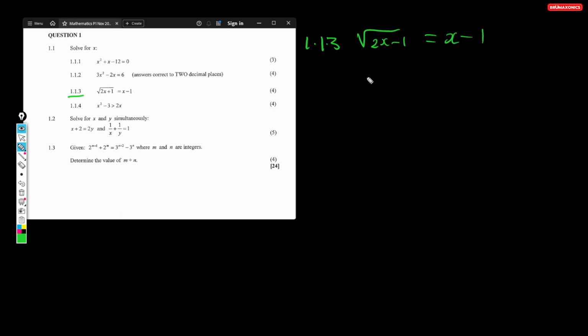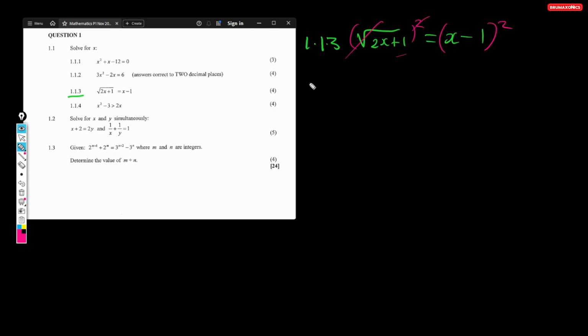So the first thing that you should check here is that we do have a square root and we have to solve for x. So we have to come up with a way to remove the square root here, right? So now I will just say let's square both sides, and then this square will definitely cancel